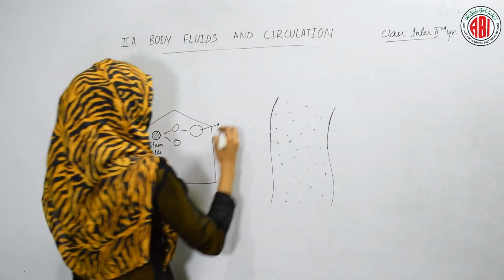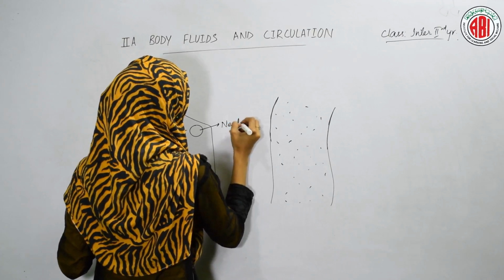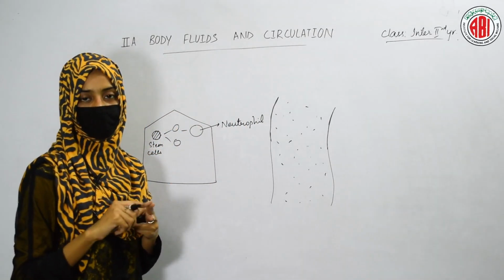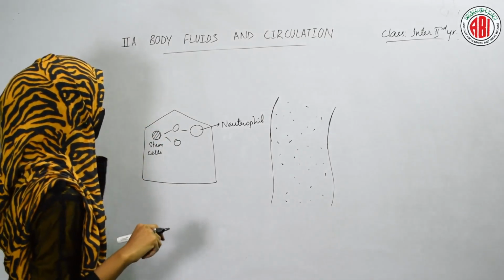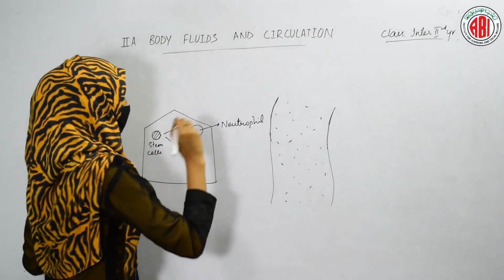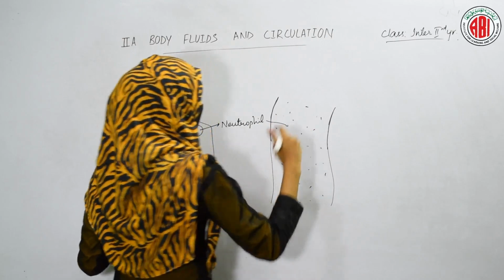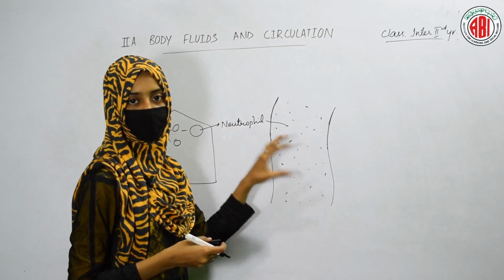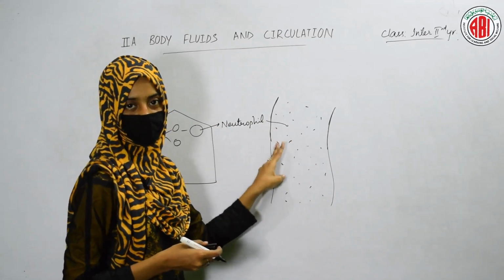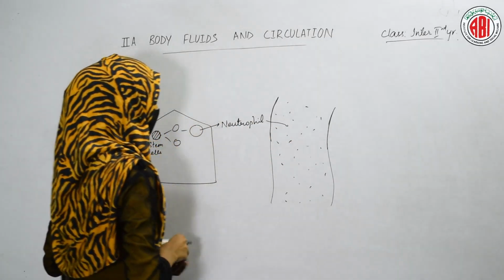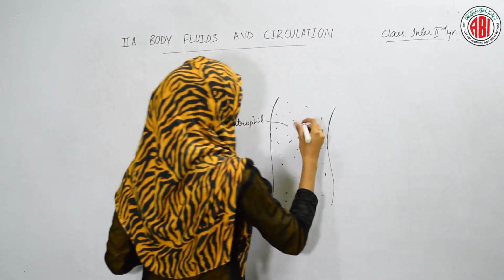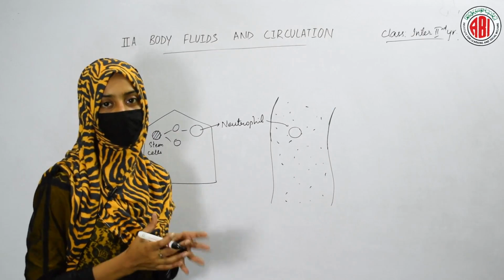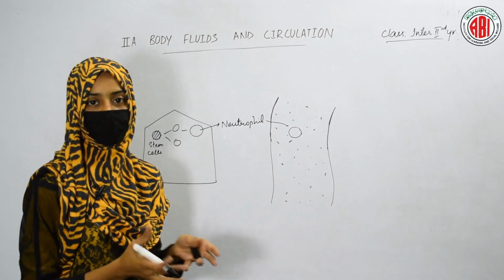So this is our white blood cell, that is neutrophil. Neutrophil is a kind of white blood cell that can be stained by both acidic dye and basic dye. Now let us see the function of these neutrophils. Once they reach the blood vessel, they are present in the plasma of the blood. We know that blood is made up of two components, plasma and the blood cells. So neutrophil is a blood cell. It is a white blood cell. Once it reaches the blood vessel, now it starts its function. Its function is to detect the bacteria, to detect the foreign materials and to engulf them.